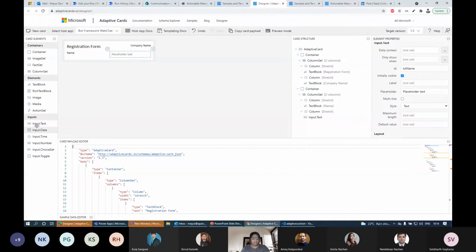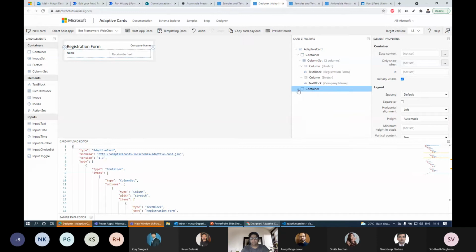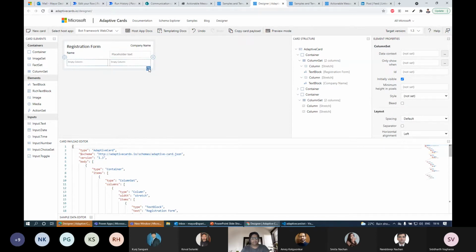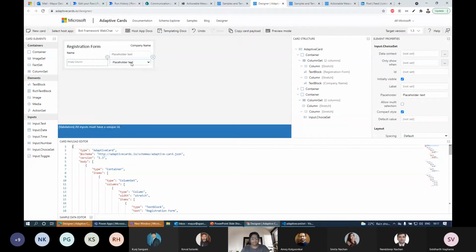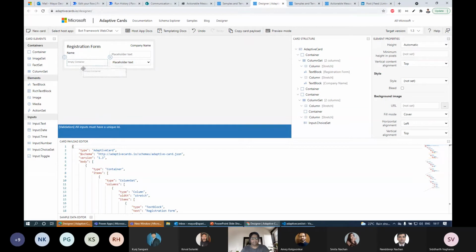And then let's say from here I copy this. So here again we'll go with the container, add column set, 2 columns, right? And let's say a choice. So here we can add more data, choice 1, choice 2. And if you want to see the preview, let's add one button over here at the bottom,